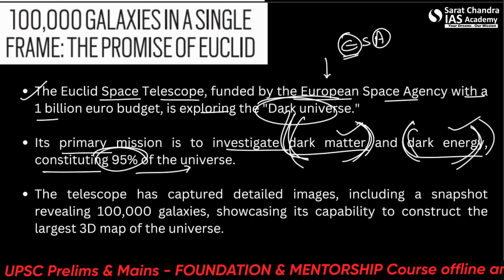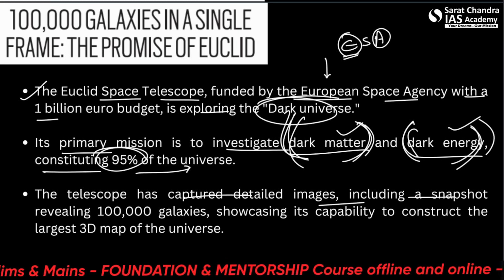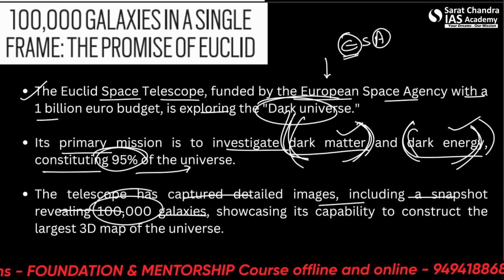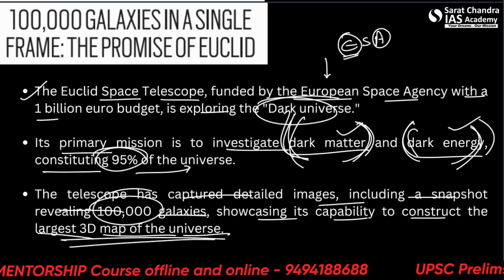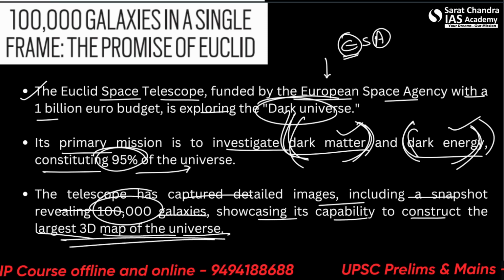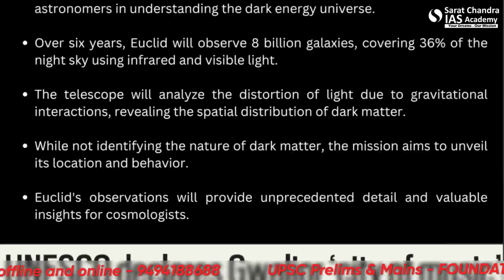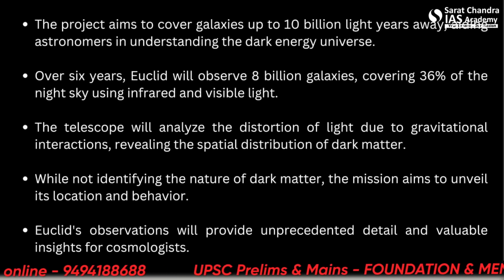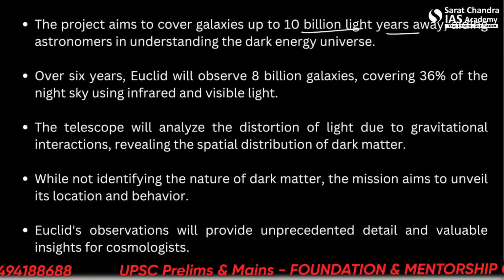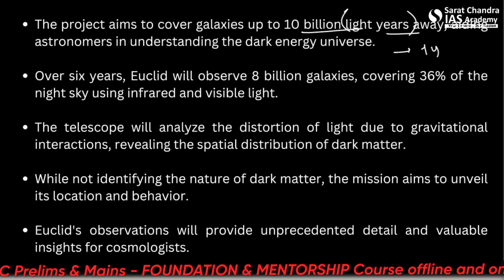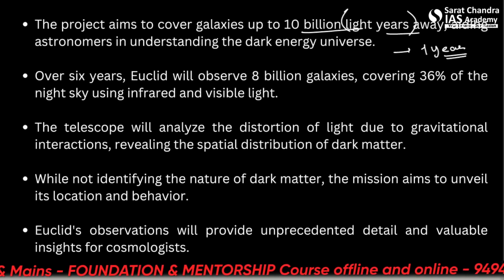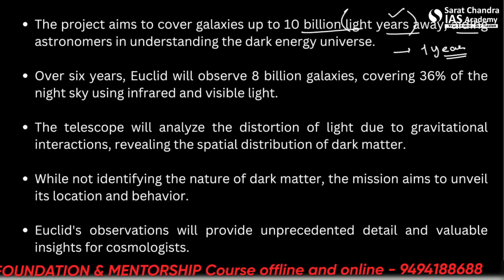So the telescope has captured detailed images, including a snapshot revealing 1 lakh galaxies, showcasing its capability to construct the largest 3D map of the universe. So please remember about this telescope. It can be asked in the question, Euclid by ESA. The project aims to cover galaxies up to 10 billion light years away. So the distance covered by the light in 1 year of time is 1 light year,